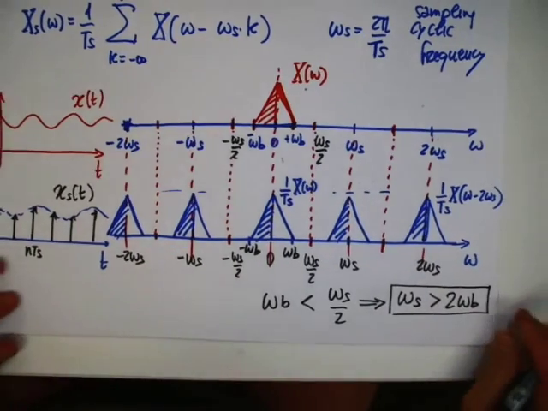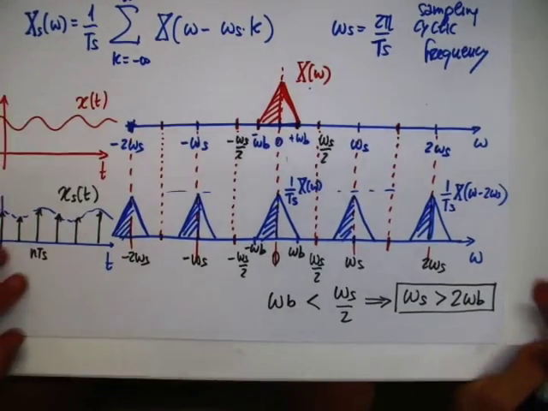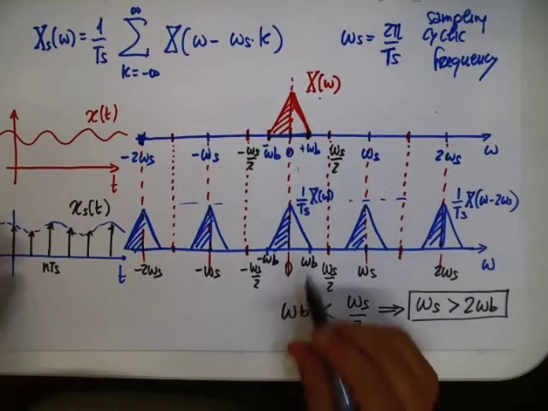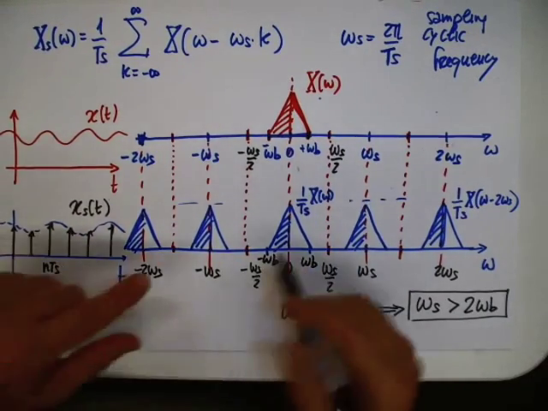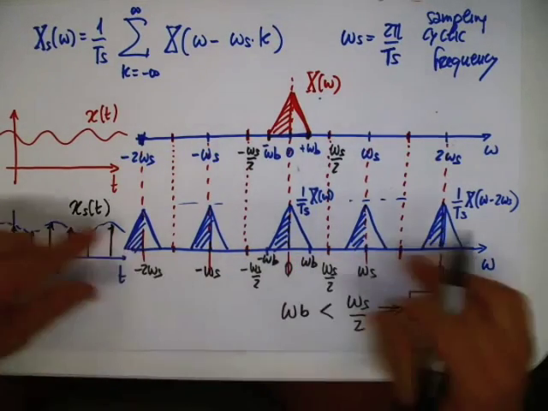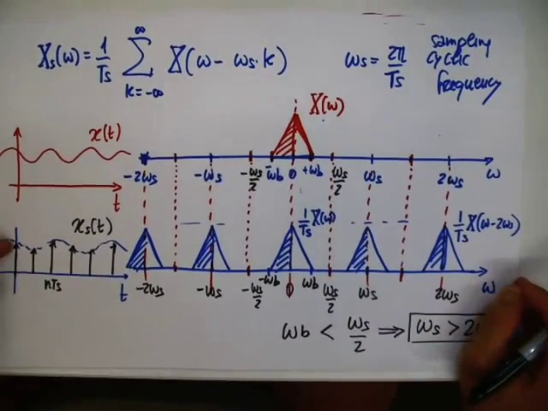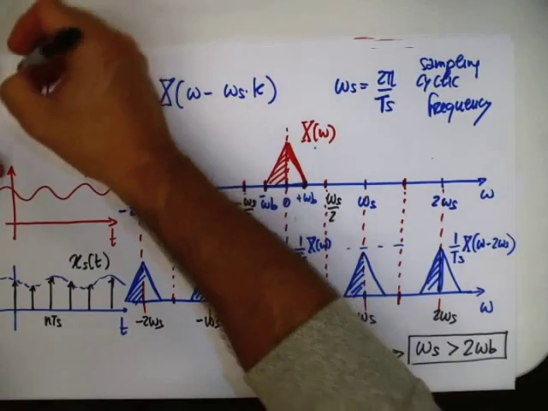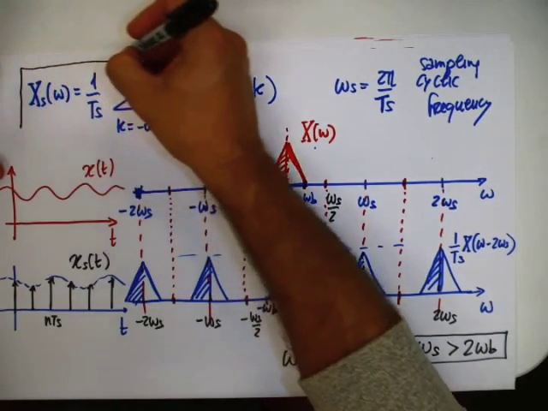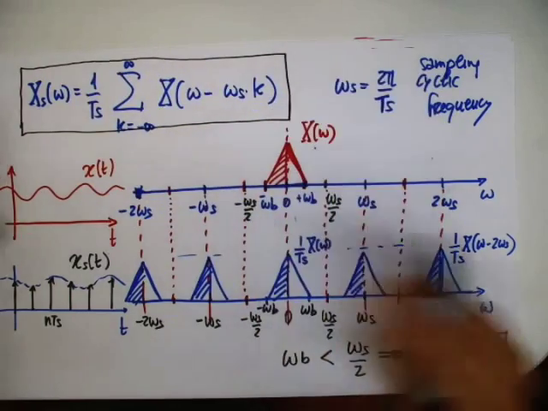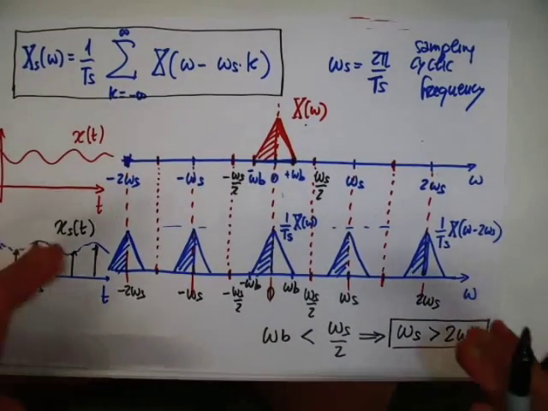And this is the famous Nyquist criterion to avoid aliasing. Of course, I'm going to do another example in which this condition is not satisfied, and then you will see the overlap of the spectra. But now you see that this form of the Fourier transform of the Diractified signal is very useful because we can now